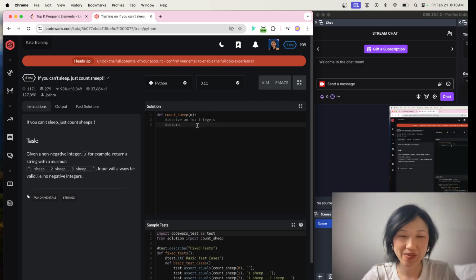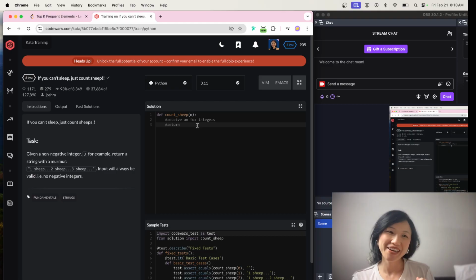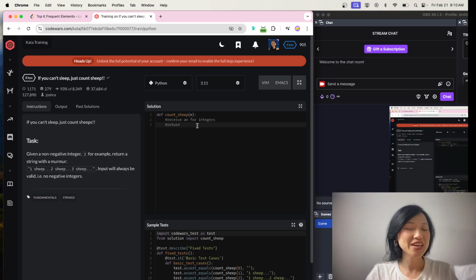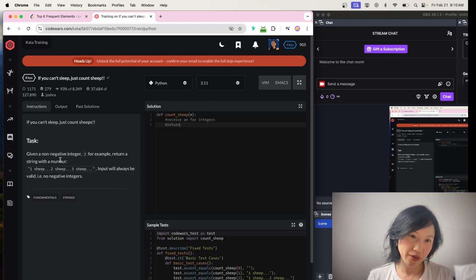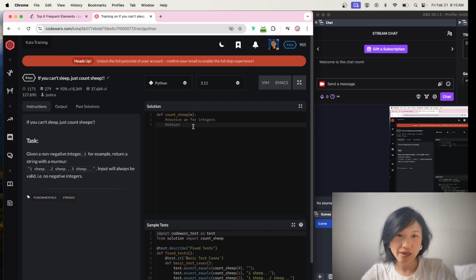So what we're gonna do is work on this one right here, level 8 Kata. If you can't sleep, we're just gonna count sheep. Based on this task, it says that given a non-negative integer, 3 for example, we're gonna return a string with a murmur: one sheep, two sheep, three sheep. Input will always be valid. Okay, so return a string of